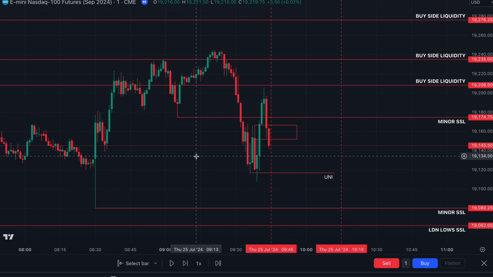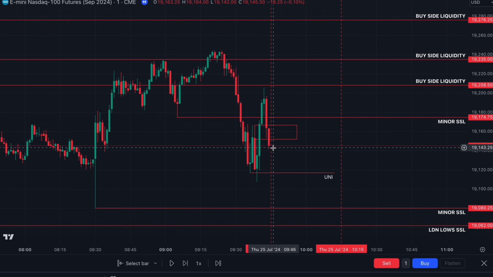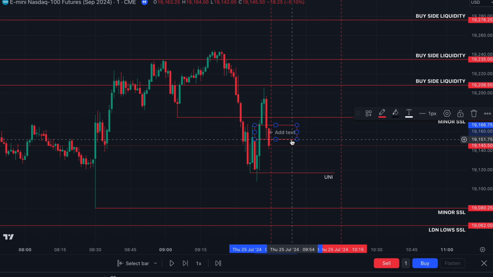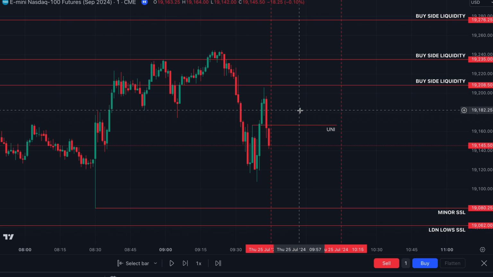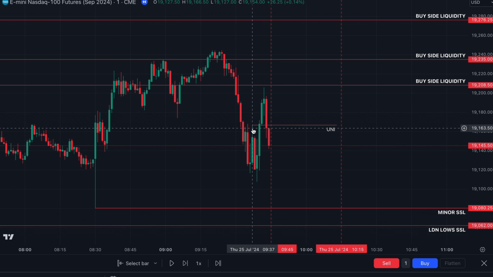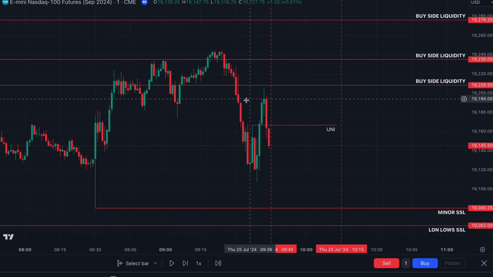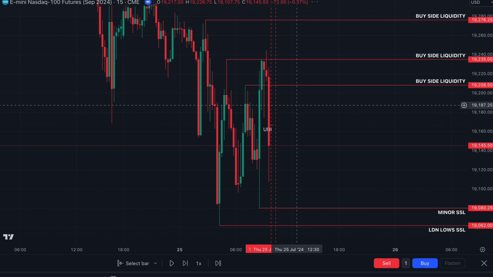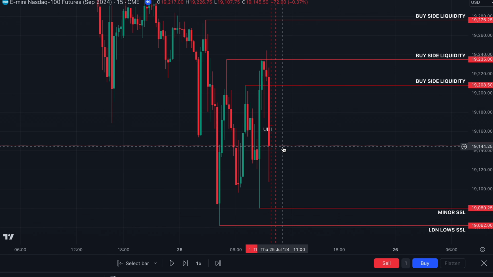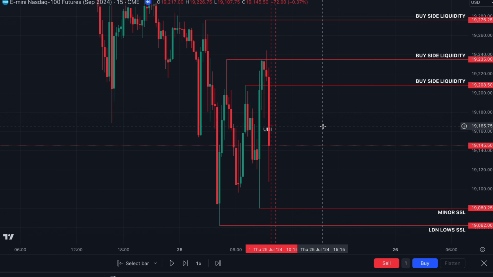So prior to the macro, you can see 1 minute prior to the macro, price actually inversed this bullish fair value gap. So price closed below this bullish fair value gap, therefore invalidating it. And I actually deleted all of this off my chart, moved the line to the previous swing high. So price took out this previous swing high, tapped the 5-minute bearish gap. And also on the 15-minute time frame at this point, price had also inversed that bullish fair value gap as well.